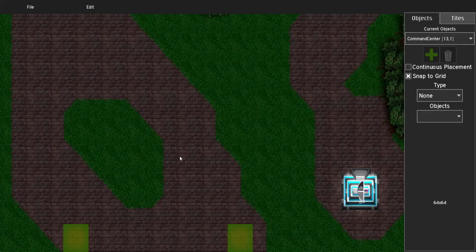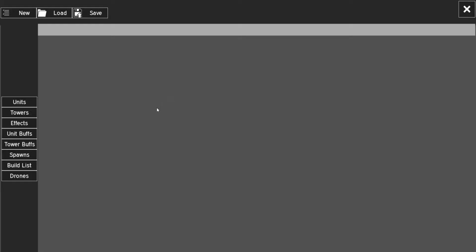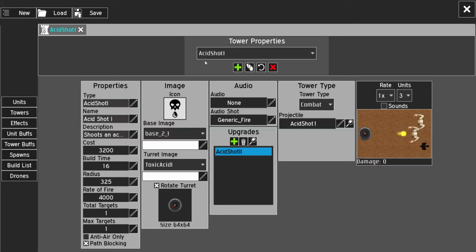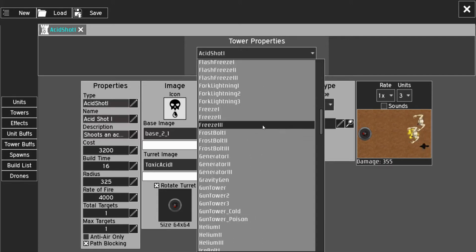This is the second tutorial going over the properties editor, and this one's going to go over effects, which are game objects, but like projectiles and visual things like explosions and other things like this. So let's get into it. If you open up the properties editor, we're going to start out by modifying the gun tower. So if you open up the gun tower,